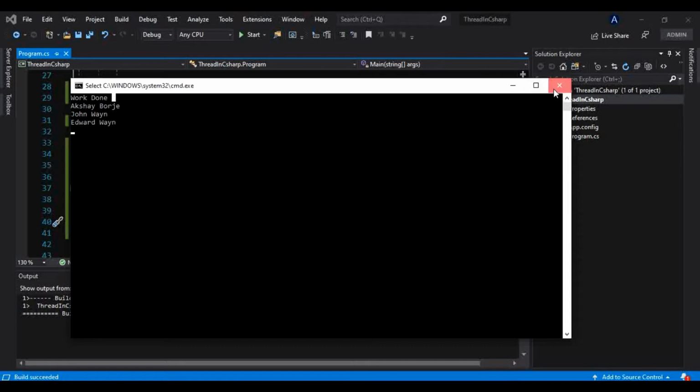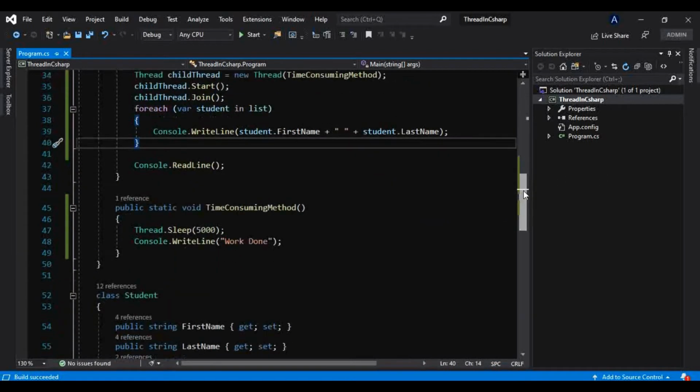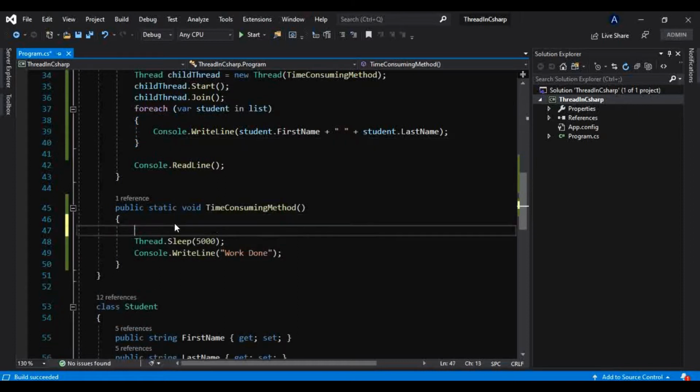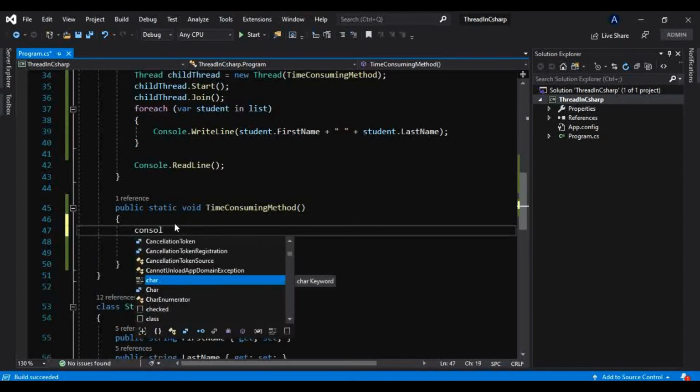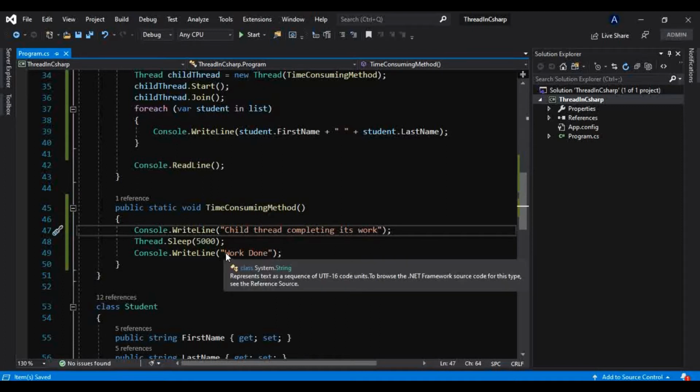Okay, so now to prove that to you, I will print one message here with Console. Before making that thread sleep, I will print "child thread completing its work", something like this. And after it completes that, what I will print,